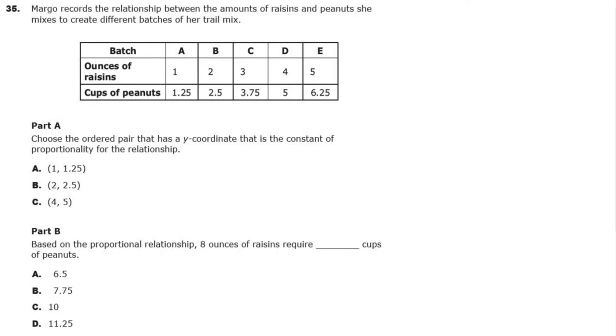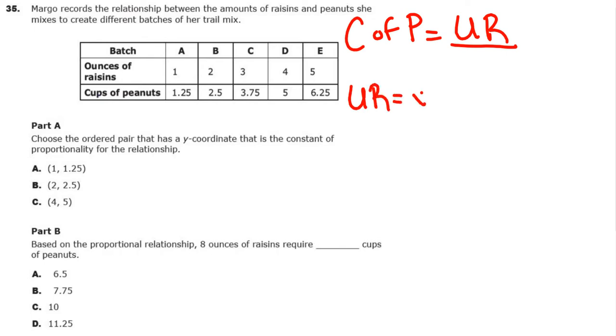Now, part A is a pretty much straightforward question. It tells you to choose the ordered pair that has a y coordinate that is the constant of proportionality for the relationship. Now, if we go back and remember from our first few lessons, the constant of proportionality is the same as the unit rate. Now, this makes things a lot easier for us because the unit rate always has an x value